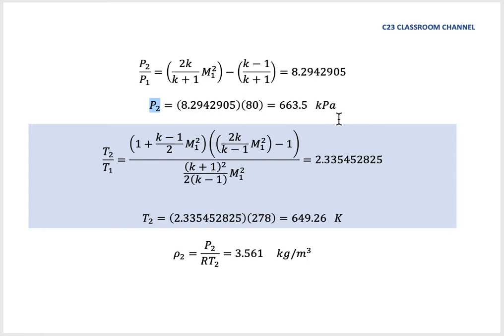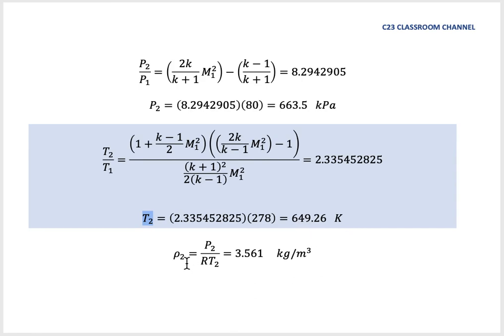To calculate the temperature after the shock wave, we start with this equation, the ratio of T2 over T1, and it will give us 2.335452825. We multiply with 278, the temperature in Kelvin for the condition before the shock wave. Then we get the temperature after the shock wave here as